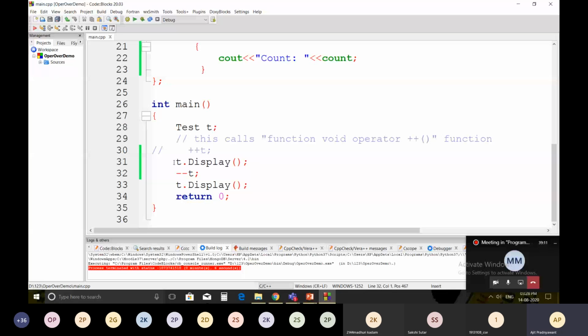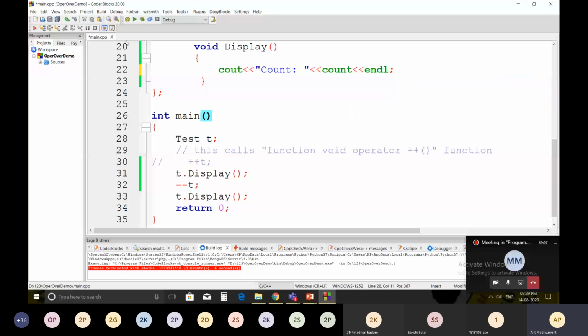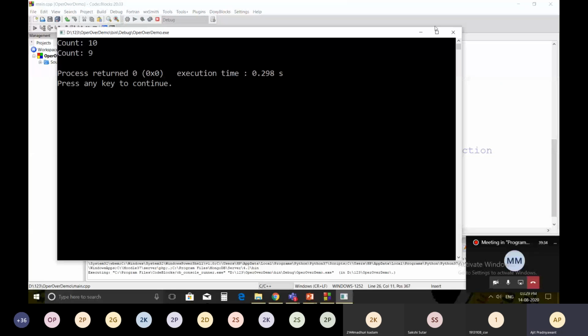I'm going to just add endl over here. Ten and 9.